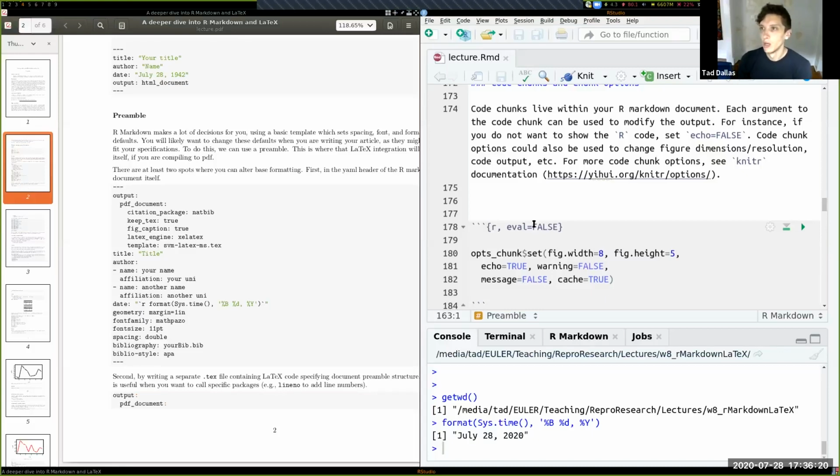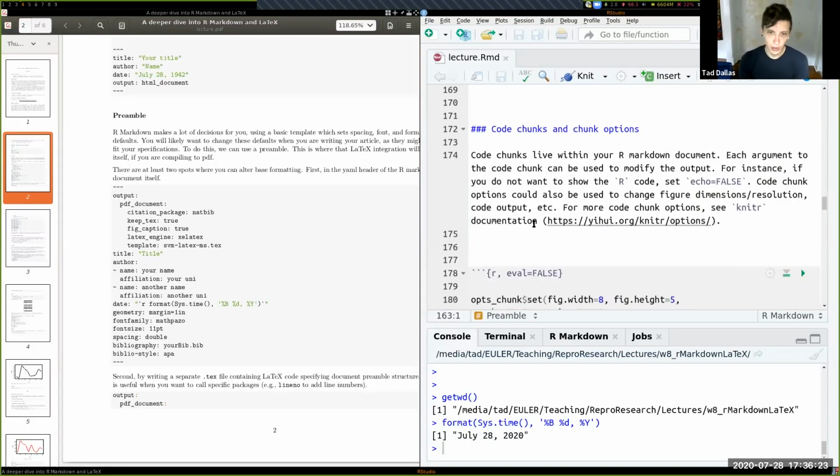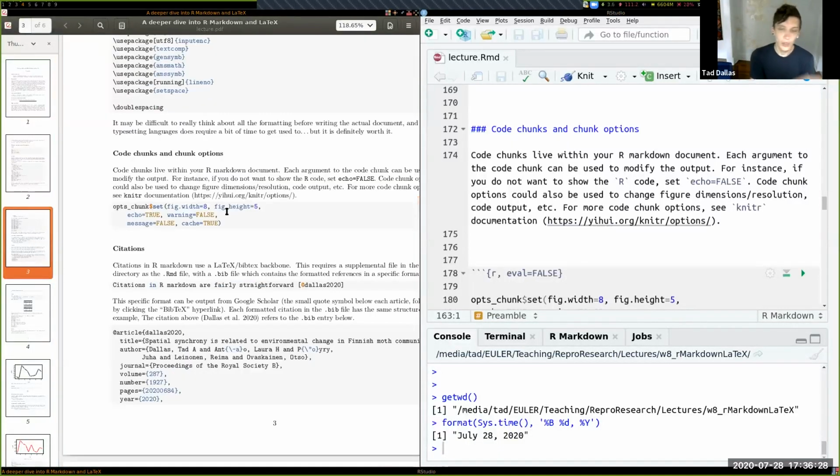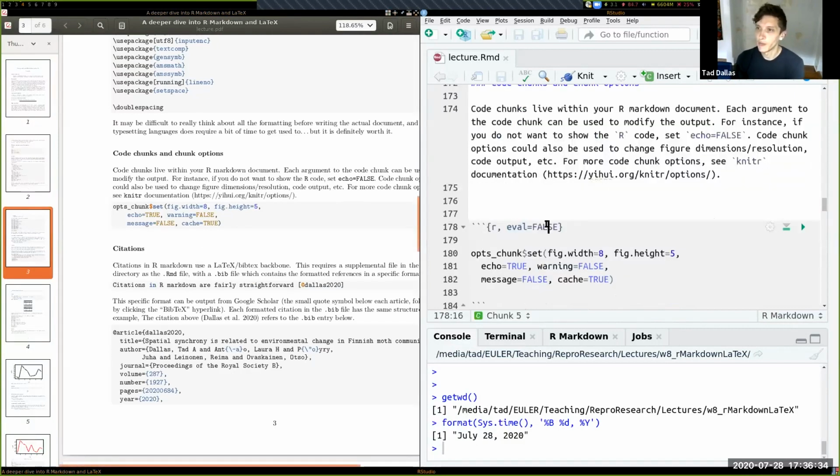So we introduced code chunks when we were talking about R Markdown, and you've sort of seen them as I've gone along with my lecture notes, how I've sketched them out. And code chunks have these 3 backticks, and then they have a curly bracket, and then they specify the language, and then they have arguments that are associated with them, which is really, really helpful. And so you may have seen some of these before. I'm not sure if I've called attention to them, but things like setting eval equal to false, which means when you compile this, don't actually evaluate that statement. So don't actually run the code that is within the block.